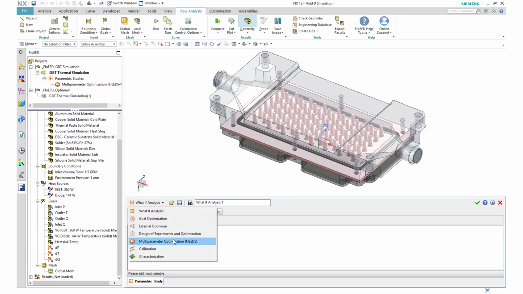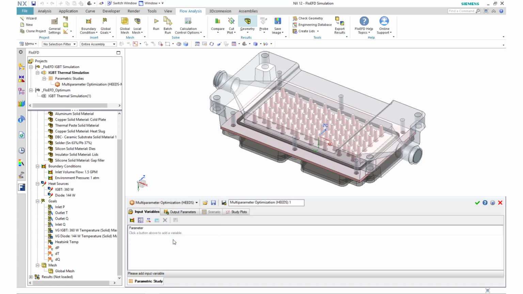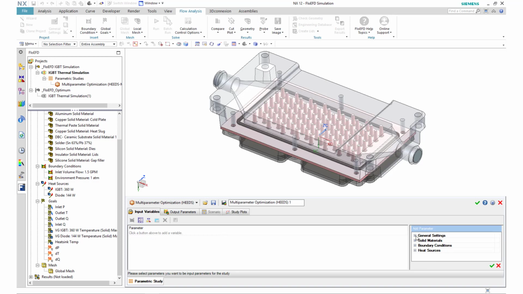We will choose the multi-parameter optimization, which uses an intelligent algorithm for design space exploration. Here, we can choose to vary the simulation inputs, NX expressions, assembly constraints, or part family parameters.